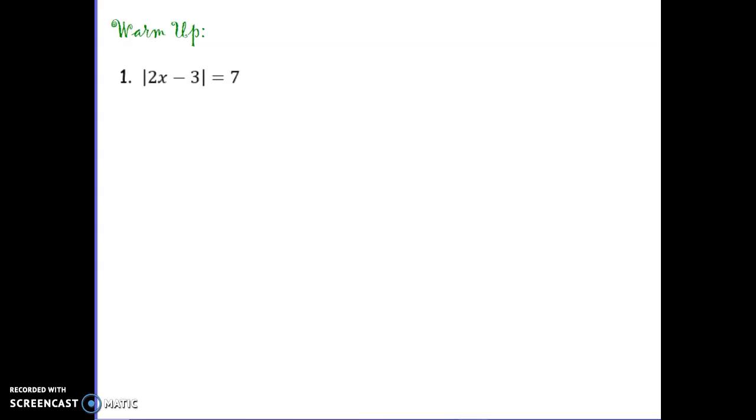So if you remember from before, when we solve absolute value equations, we are finding distance away from zero, and so we have to allow for two possibilities. Either my quantity 2x minus 3 is 7 units to the left, or my quantity 2x minus 3 is 7 units to the right. All I know is that it's 7 units away from zero. I don't know in which direction, so I have to allow for both possibilities. So if I solve this one,